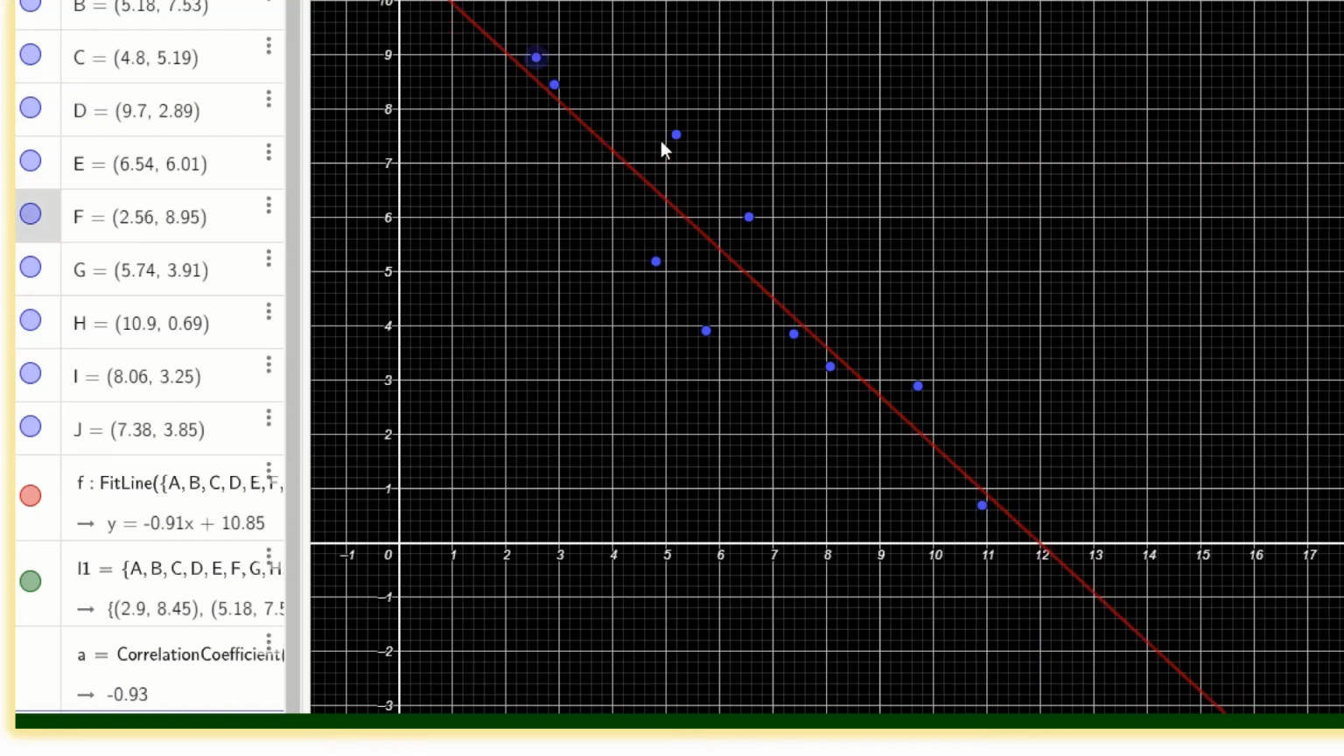And when I move the points around the line, it looks like this line has all these points closely associated, or in other words, I can say that it has a strong relationship. And in this case, the coefficient becomes